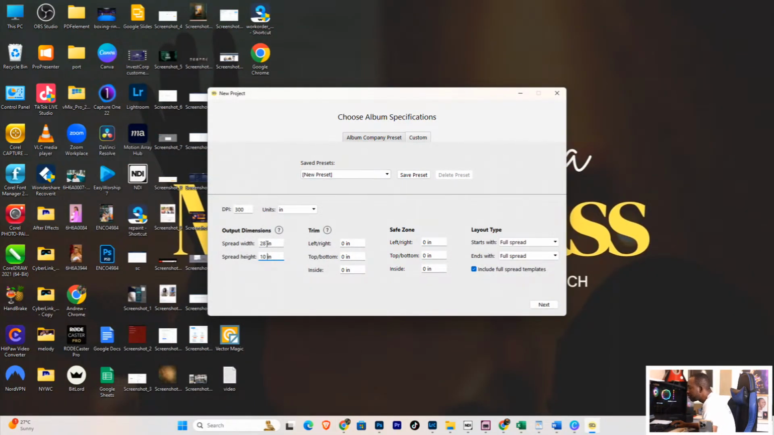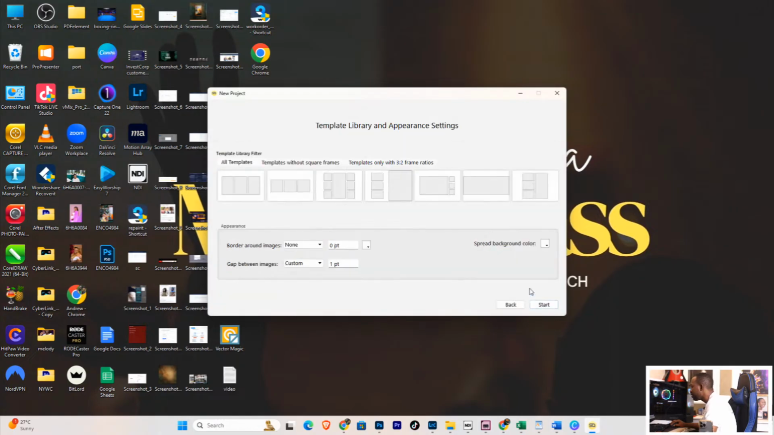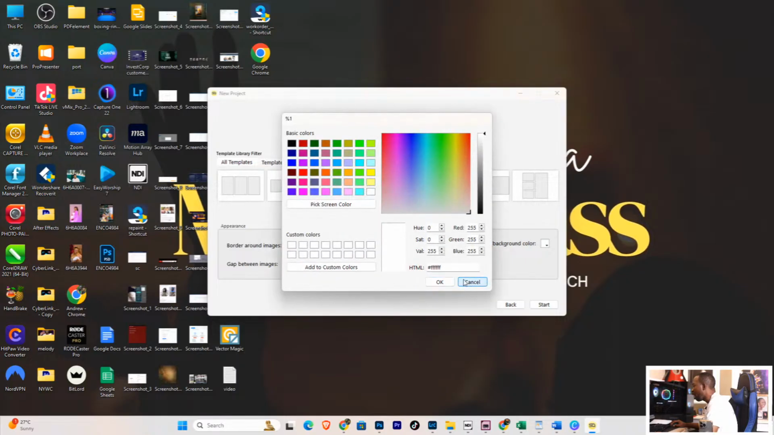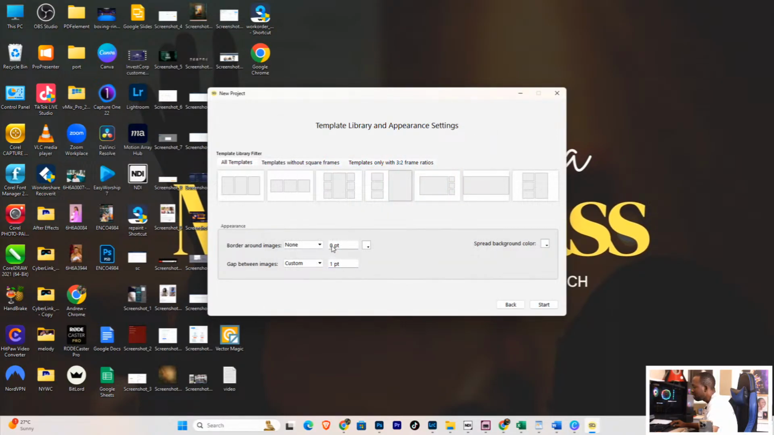So you have 28 by 10 inches. The width is 28, so it's going to be a spread. You click on next. You can decide to use some templates over here, which I will normally not use. For the gap between the images, you can give it a gap. For the border around the image, you can give it a color, and I am using white. You can also set the size of the border. But in all, I will leave it and just click on start,